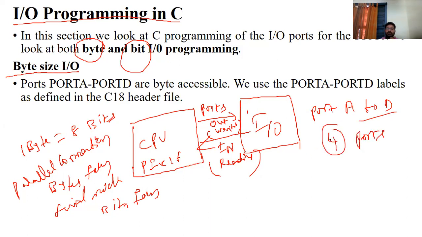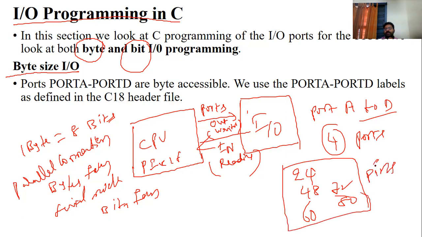But these are not fixed ports. These ports vary depending upon the number of pins of the microcontroller considered. You know that 28 pins, 40 pins, 64 pins, 80 pins, different numbers of pins are there. As the pins change, the ports also change. Remember. For our consideration here, we are only taking 4 ports, as well as 4 timers, for our discussion here.